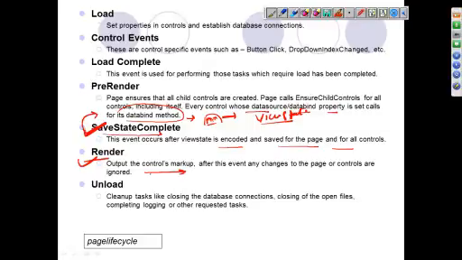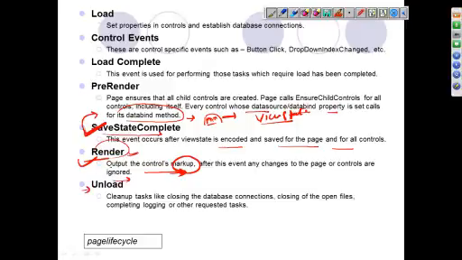I'm sorry guys. So the server is basically this time generating the actual output of the markup. Markup is HTML, hypertext markup language. After this render event, any changes you make to the page object or the control objects are basically ignored. If you want to make last-moment changes, you will have to do them in the render event. If you do not do it in the render event, then after that it cannot be done, or if you do it, it is ignored.